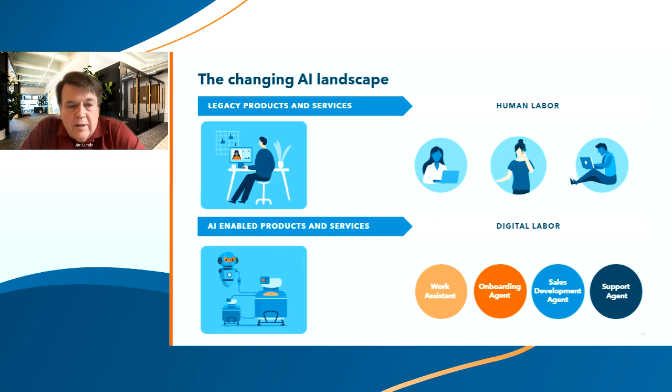Now, look, the other big thing is when we look at the changing AI landscape, and this is a big discussion that people have with us at Aragon, which is, what's going on here? What's going on with these AI agents, which we refer to as the category of digital labor. And we just published a big report on sales enablement. And in that report, which published last week, our prediction is every sales rep will have an assistant, a sales assistant, and that assistant will have 3 or 4 agents that do tasks for that human sales rep. For example, a scheduling agent, a proposal agent. But the bottom line is it's here to stay.